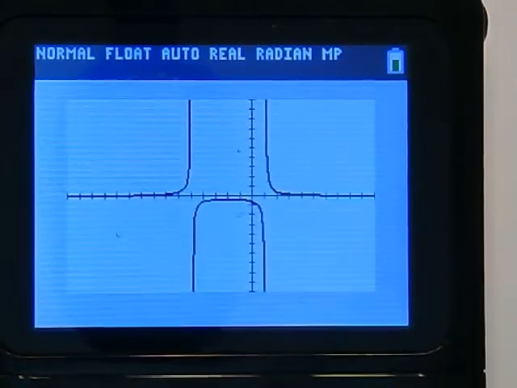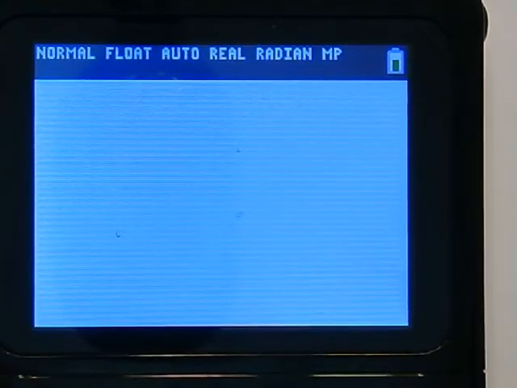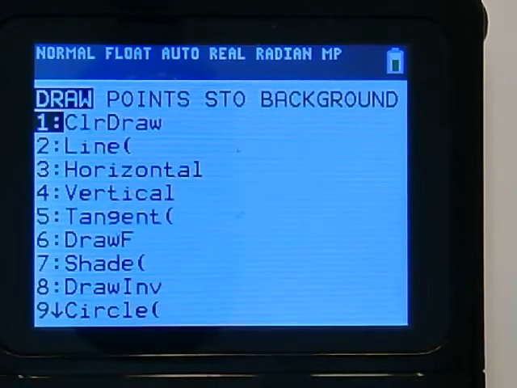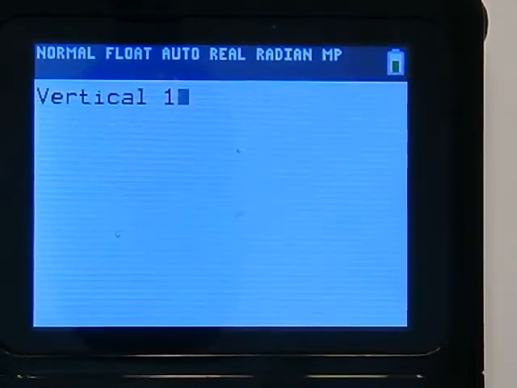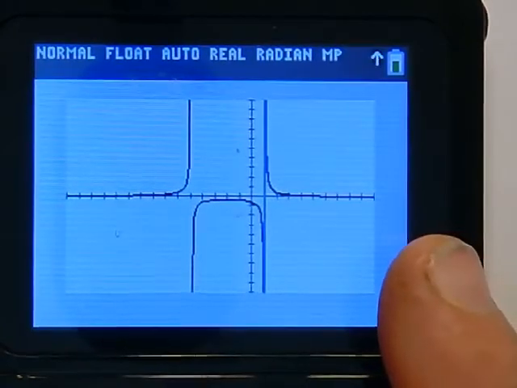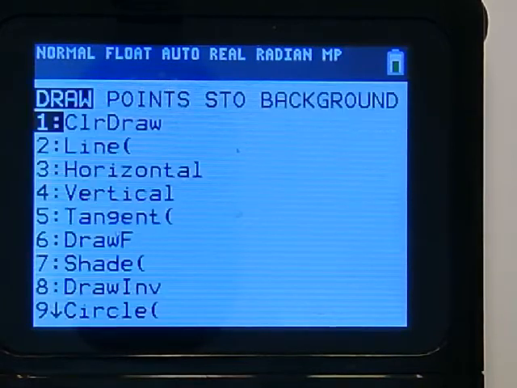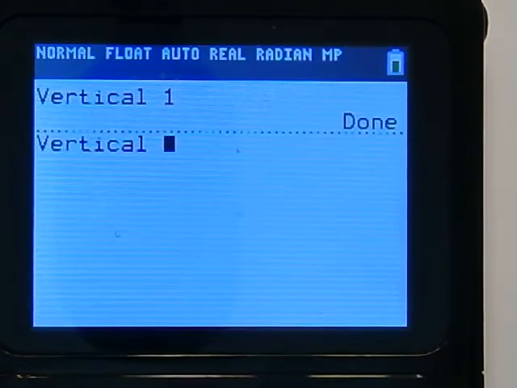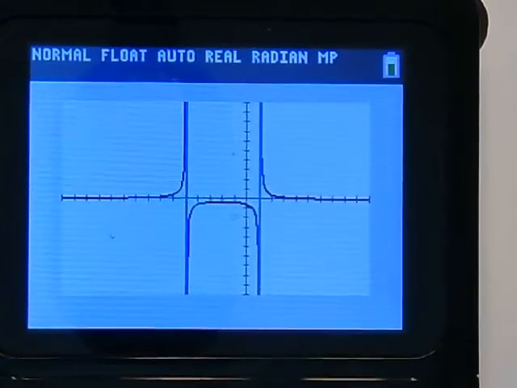So I'm going to go, once again, second quit. Let's clear out the last one. And I'm going to go second draw, vertical. One of our vertical asymptotes was at 1. Let's graph that one. Now it snapped it into place in blue there. Let's go put another one in there. So second quit. Let's put a second one in here. So second draw, vertical. The other one was at -5. And let's snap that in there as well. All right, we see both of our